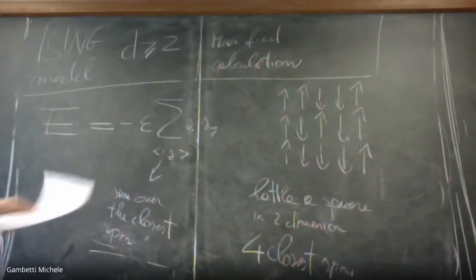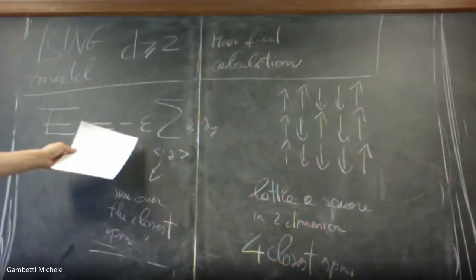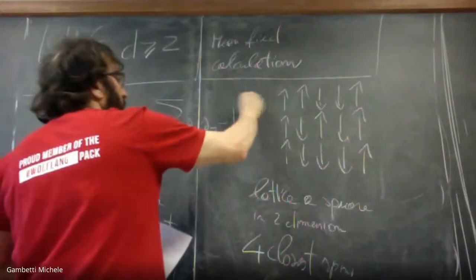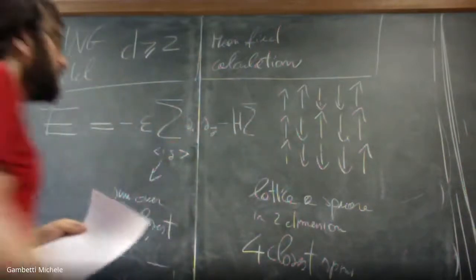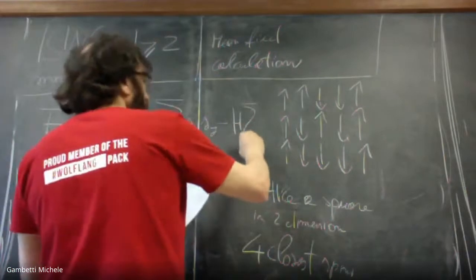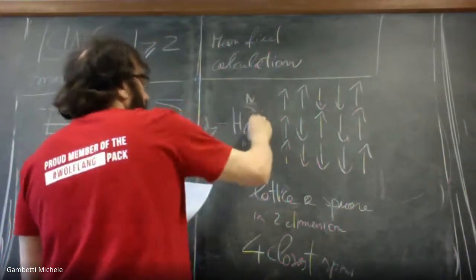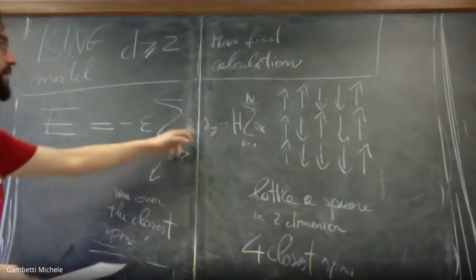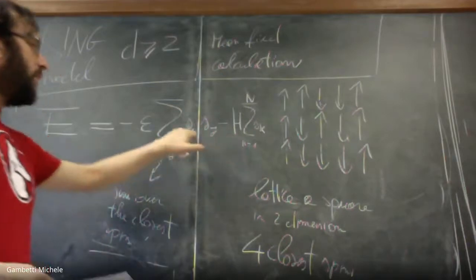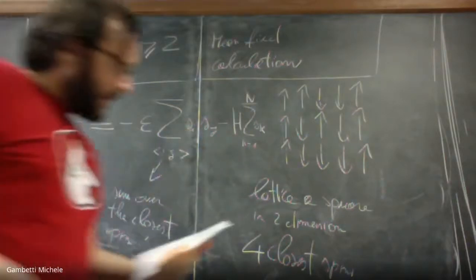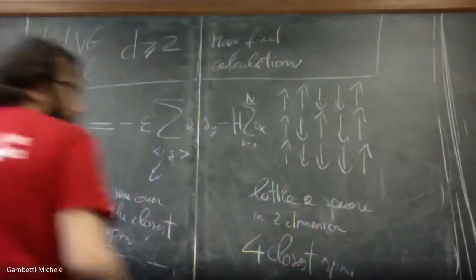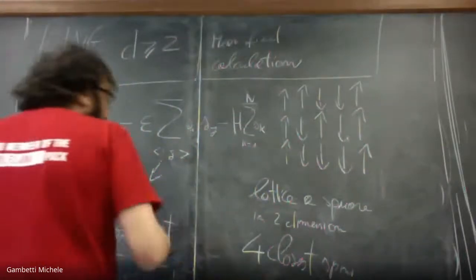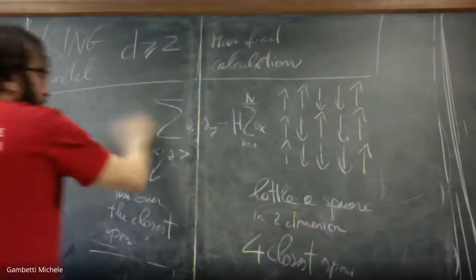Okay, so this is the mutual interaction between spins, and then of course there is the simple term, which is minus h, the coupling with the external field, minus h times the sum over k, 1 to n, of s_k. Now, of course, the complicated part here is this one. This is the same as before, and it is complicated because it contains a sum which can be as complicated as you want, depending on how many closest spins you consider in your system.